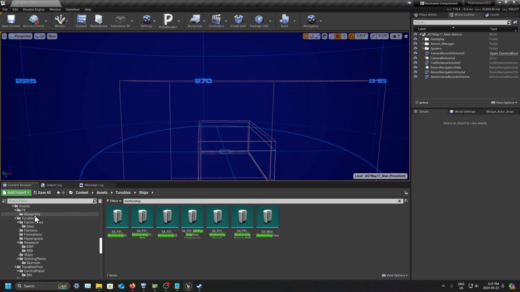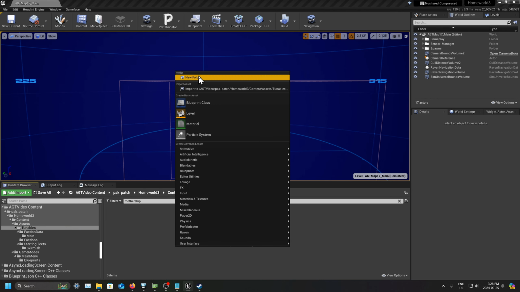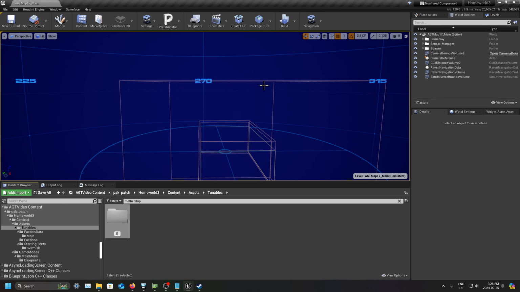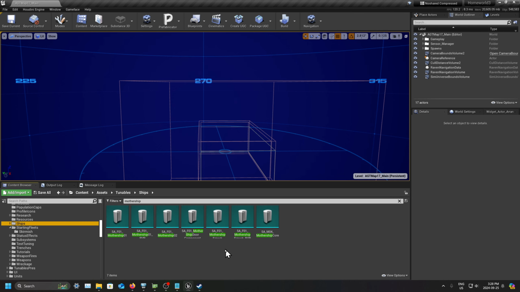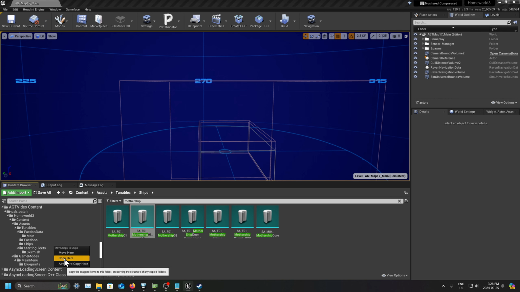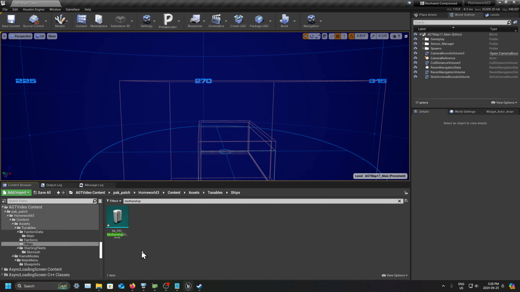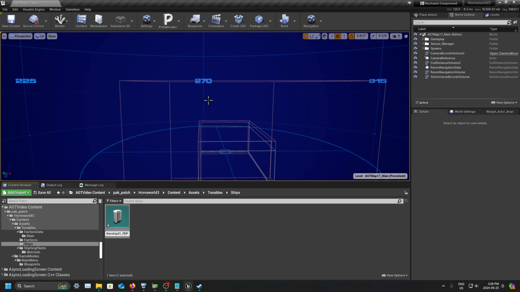So tunables, close that. Tunables, ships. Alright, so clear your search. Your search will maintain across all the folders. Alright, so now rename